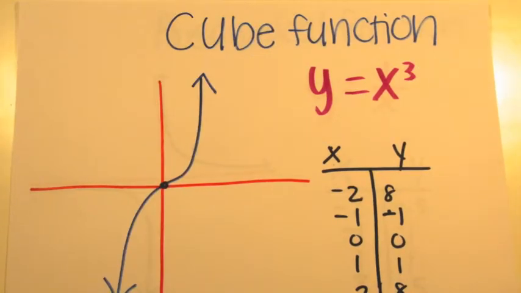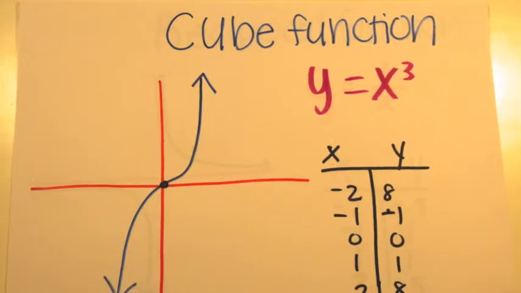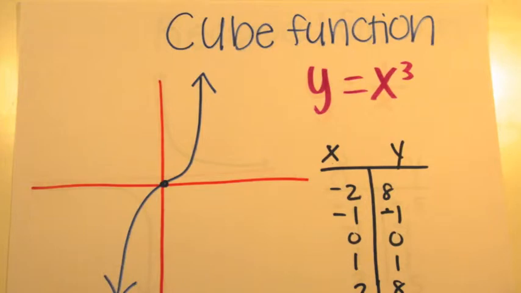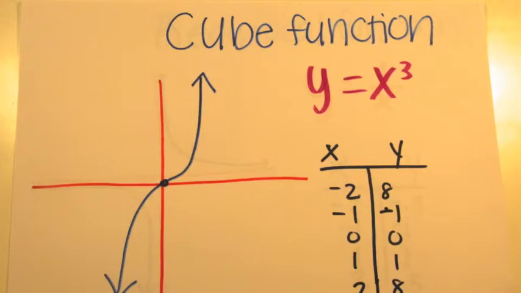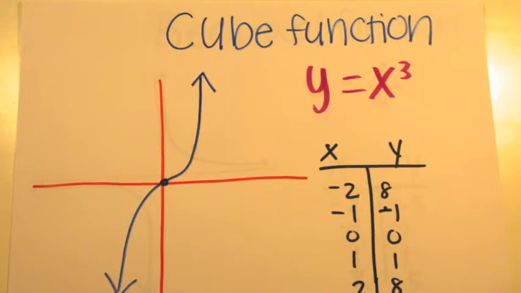I made an xy chart and plotted these points and got a graph that looked like this. I can tell a few things about this. First of all, the domain is negative infinity to infinity because the x has no limits, as well as the range because the y has no limits. Second, the point that crosses the x-axis is at 0, and the point that crosses the y-axis is at 0. So our x-intercept is 0 and our